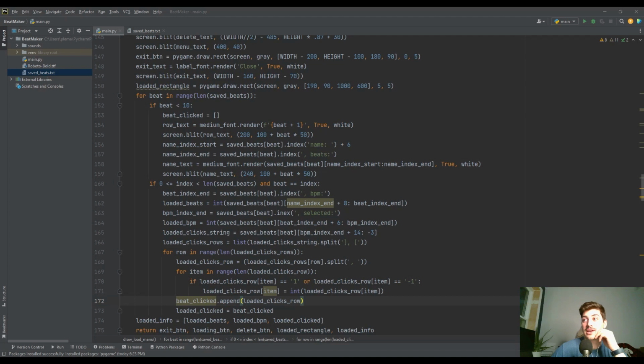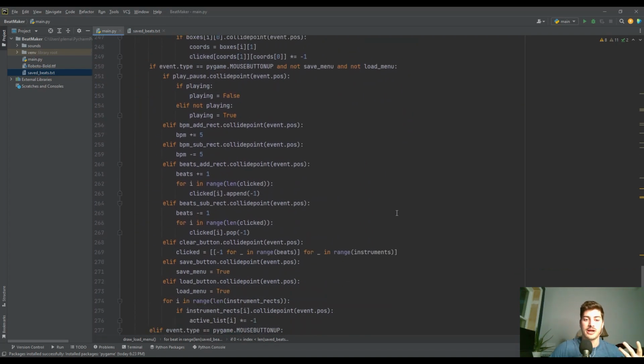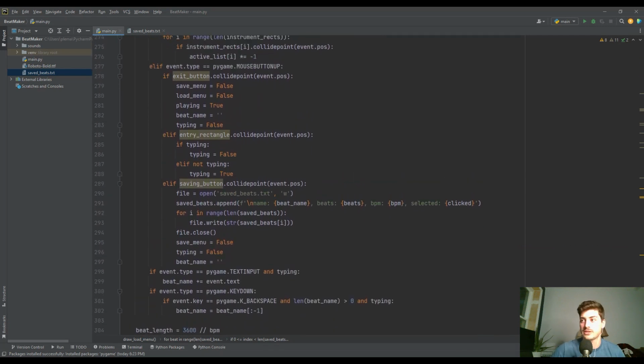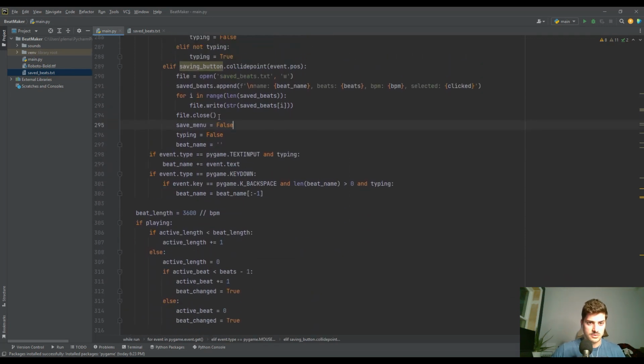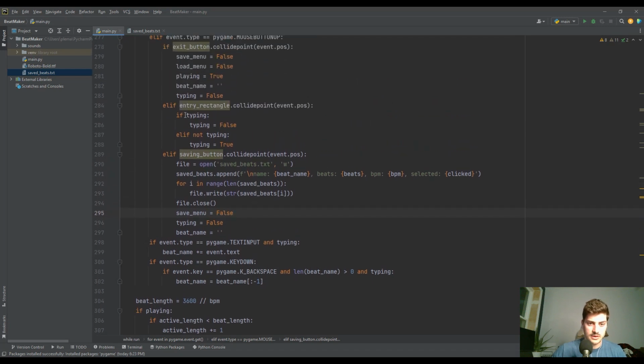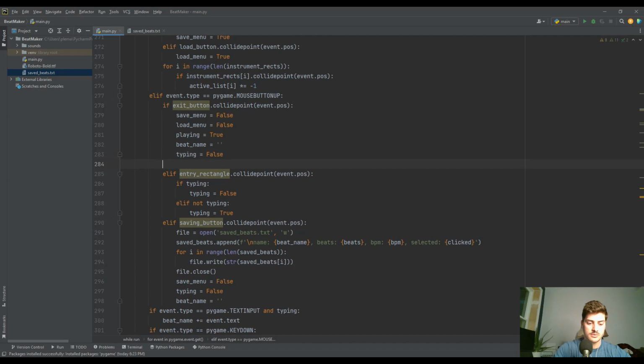Now we get to kind of go down to the event handling and actually set up what we want each of these things to do. So we come down here to the area that's outside of checking that it's not the save menu and load menu. So it's this second part. And we will come on down, if saving button collide point, beat length, file. Okay, so if mouse button is up, entry rectangle,